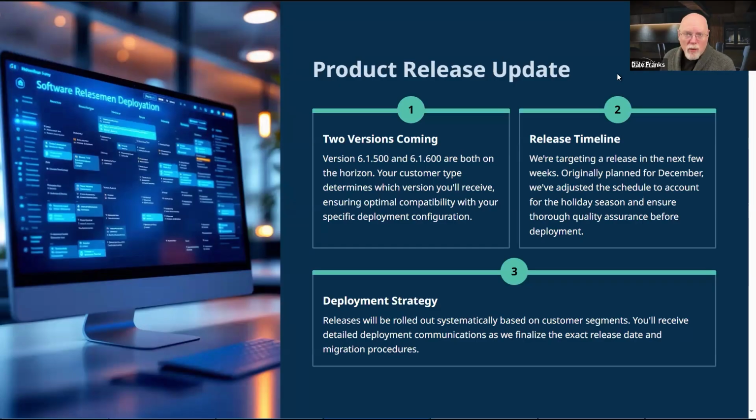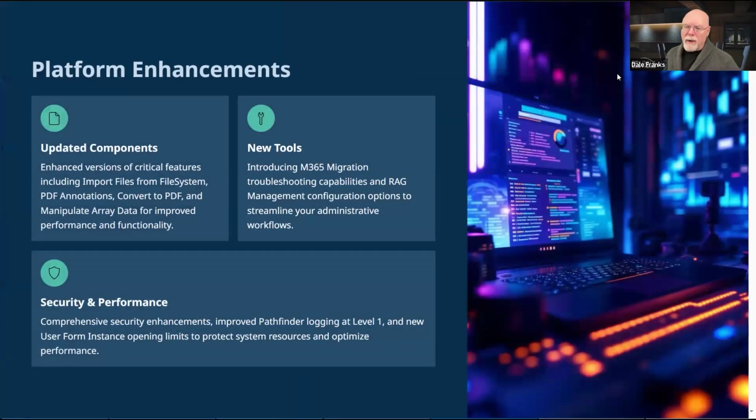So we're going to roll out these releases based on customer segments. So we may roll out .500 to some customers first, and then .600 to other customers a little later. We are planning on being able to communicate this to you, usually via your BP Logix account manager. Sooner or later, and probably sooner, we'll be finalizing the exact release dates to get that out to you. All right, with all of that said, let's continue on to the final two topics.